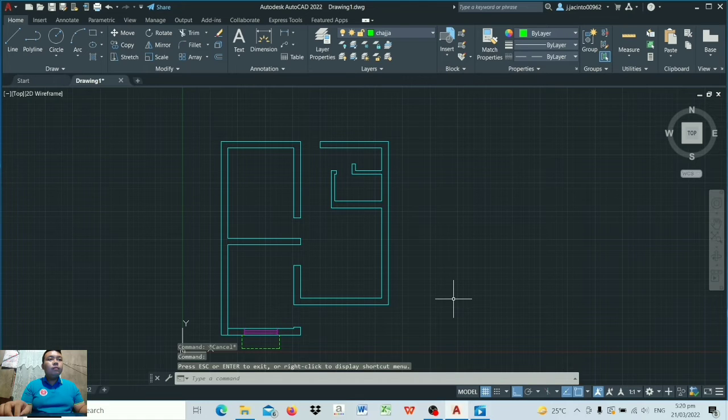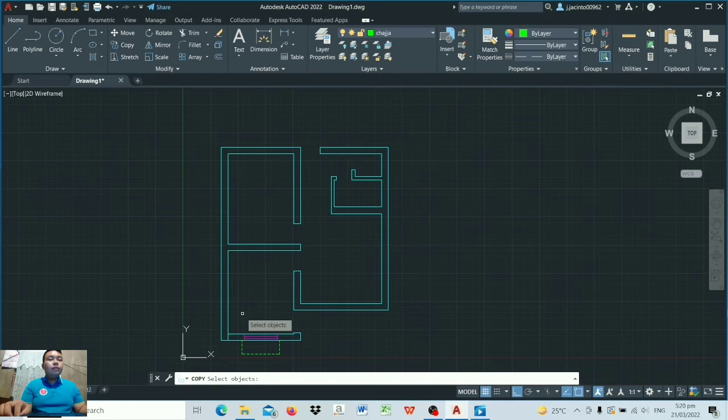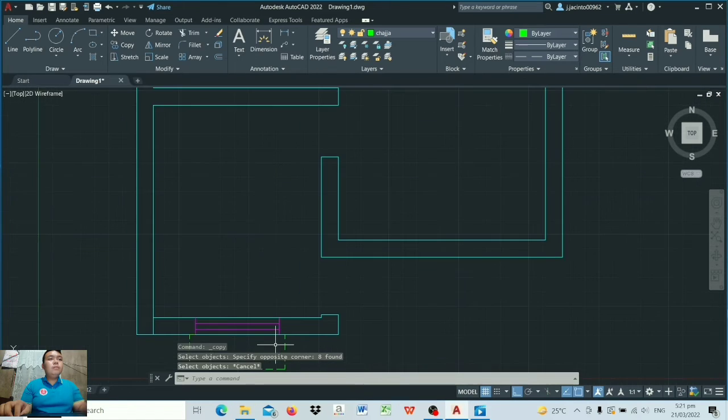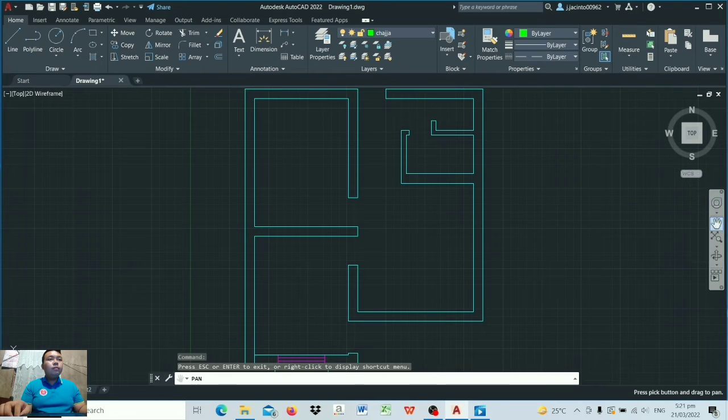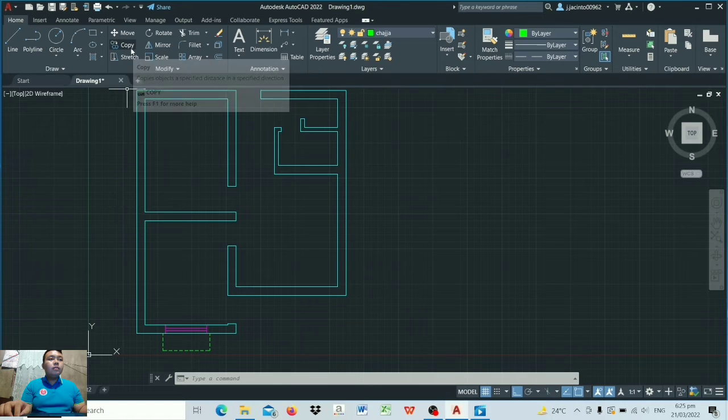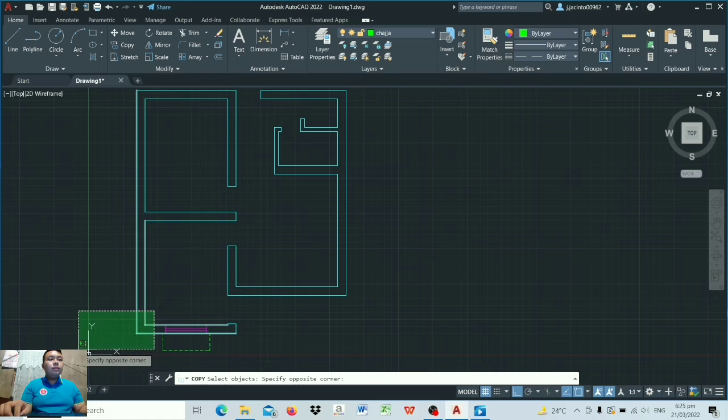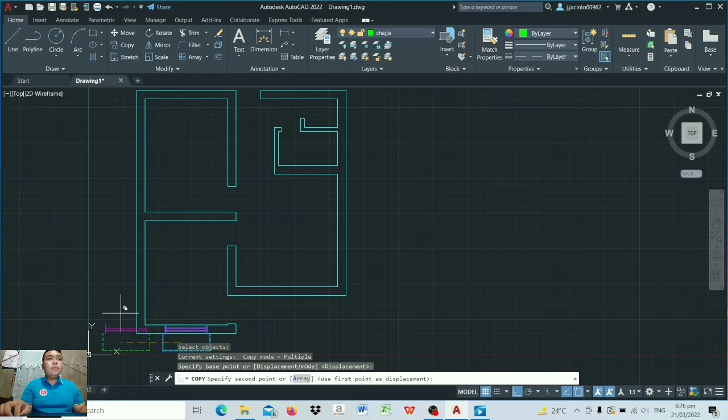Now I want to copy this window to the other part of the house plan. So I use this blue to copy the window, because if we use the green for copying this window, the walls also get copied. So yeah, as we can see, then copy, then select this object, enter, then this point, and move